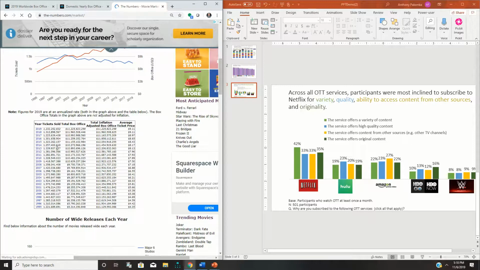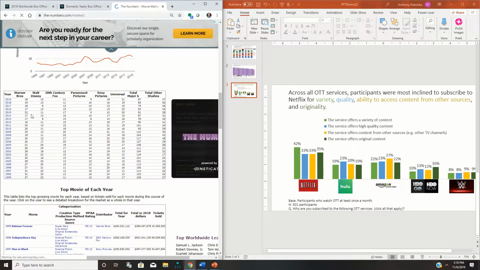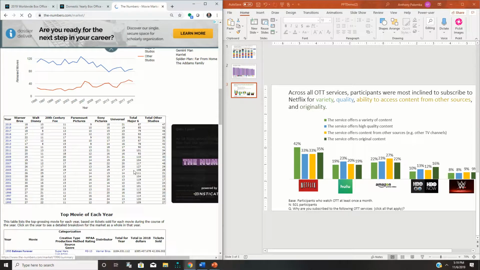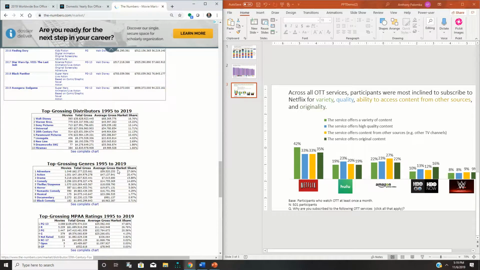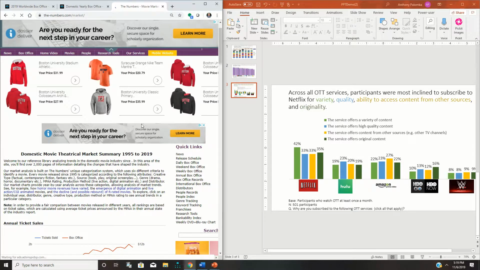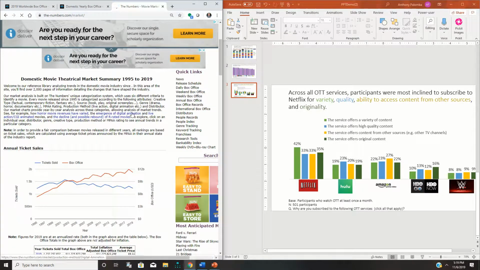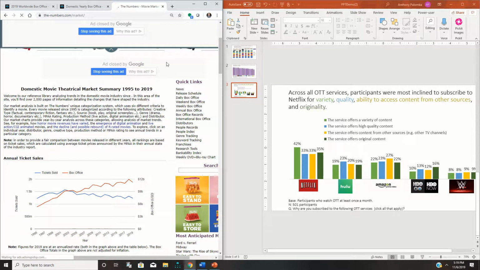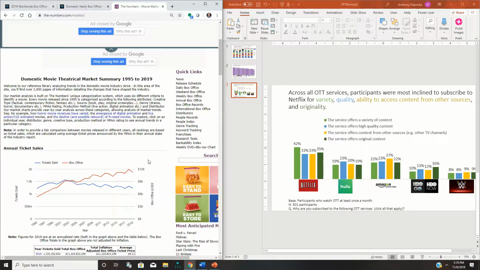You can see tickets sold, total box office if you wanted. There are a lot of breakdowns here. You can also see the number of wide releases each year by film studio, top movie each year. So there's a lot of things here that you can present on. And again, don't go too crazy with this. What you should be after here, more so than anything else, I apologize for the advertisements here, is looking at